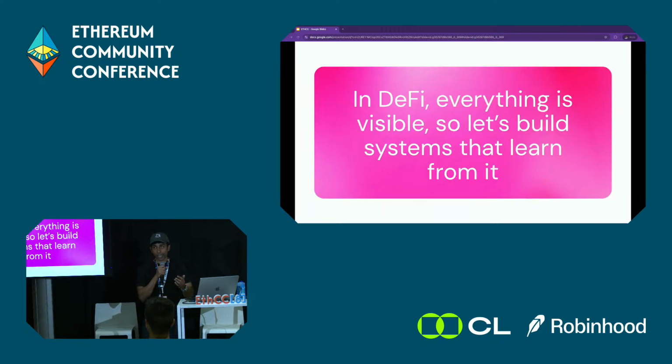So to end, I want to remind you that in DeFi, everything is public. So the goal is that we should build systems that learn from this public data rather than bottleneck it behind private coordination. This Unimind strategy using reinforcement learning is the first step in showing how, using Dutch auctions, we can get scalable, decentralized execution across any chain and any token pair. So that's it. Thank you.